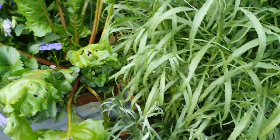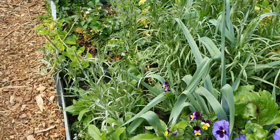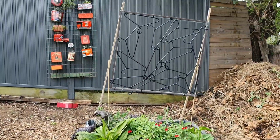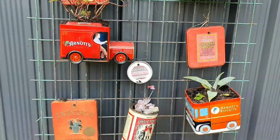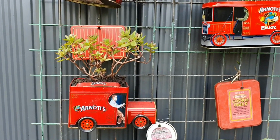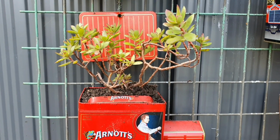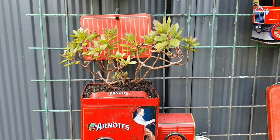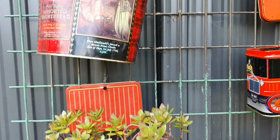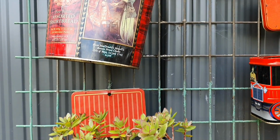But let's go over here before I get carried away as usual and look at these containers. I'm almost finished with this, so I popped in some succulents into the containers, and you know what, after doing that some of them just got so heavy that the wire that I put around